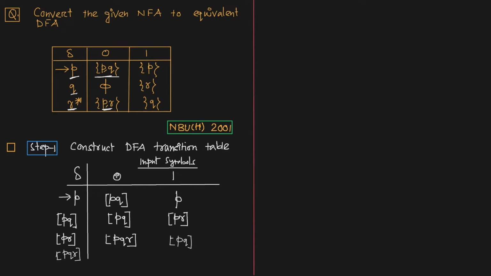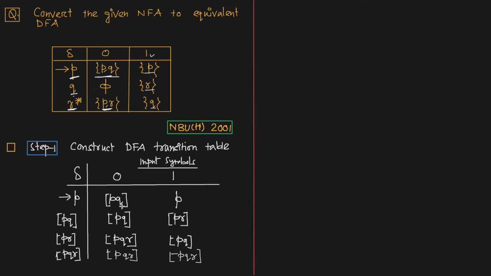So PQR on 0. সো পি এর করসপন্ডিং হচ্ছে পি কিউ, কিউ এর করসপন্ডিং ফাই অ্যান্ড আর এর করসপন্ডিং হচ্ছে পি আর। তাহলে এদের যদি তুমি ইউনিয়ন করো, তুমি কী পাবে পি কিউ আর, ঠিক। So if we take the union, you get PQR. সো পি কিউ আর অন ওয়ান, পি এর করসপন্ডিং পি, কিউ এর করসপন্ডিং আর, আর এর করসপন্ডিং হচ্ছে কিউ। সো পি আর কিউ এর ইউনিয়ন করলে তুমি কী পাবে পি আর কিউ পাবে। সো দ্যাট ইজ পি কিউ আর,